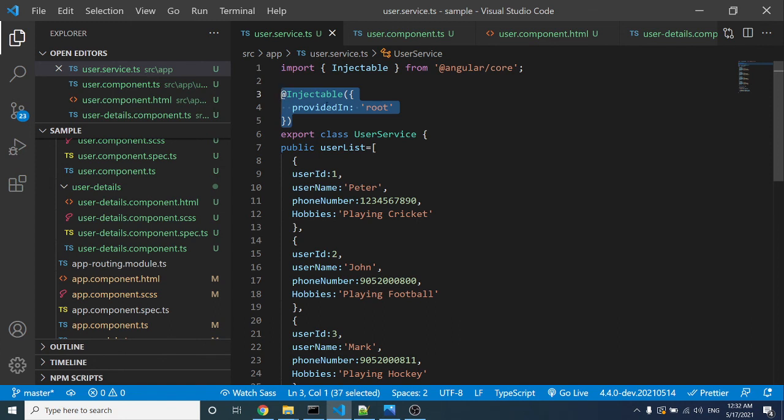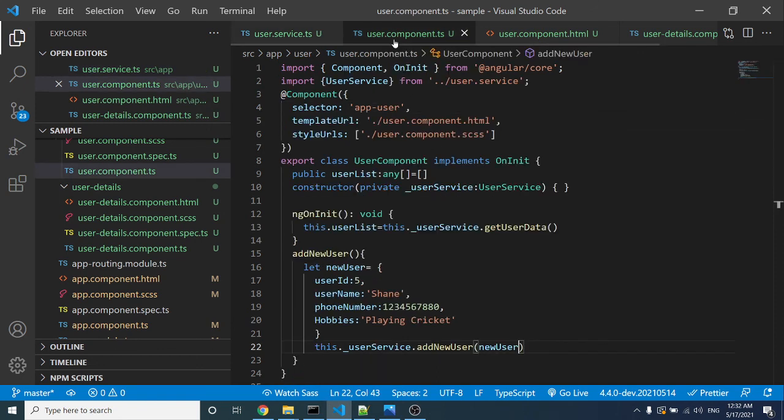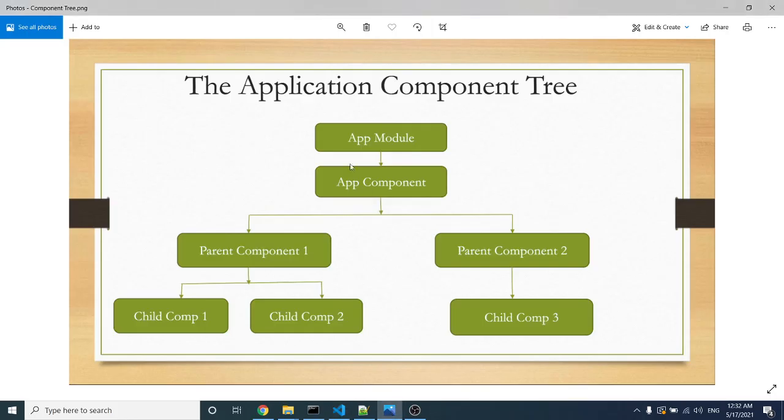It has some advantages like tree shaking in Angular, introduced from Angular 6. This is used to reduce the final bundle size by eliminating unused code.